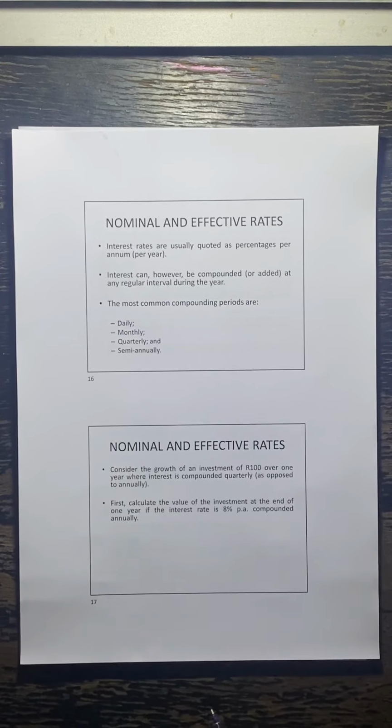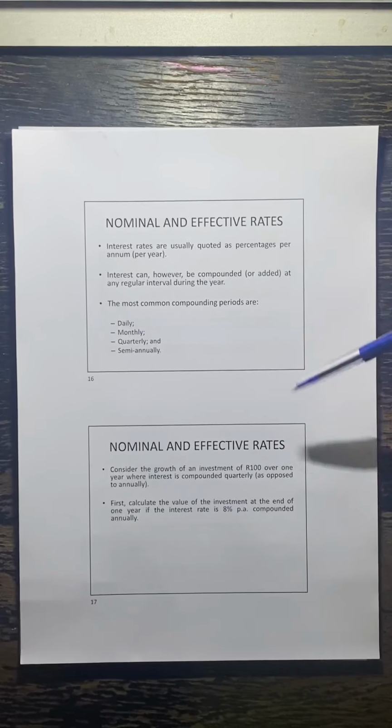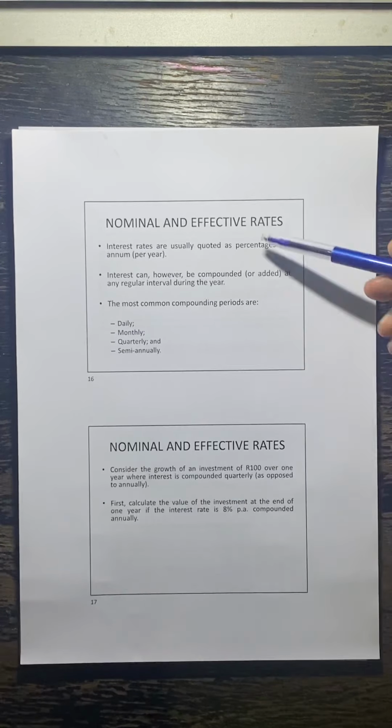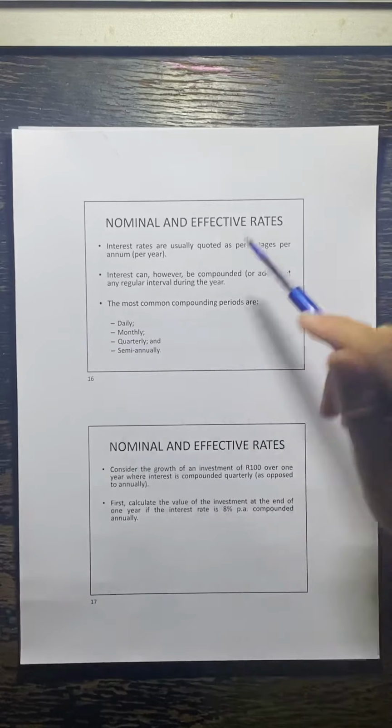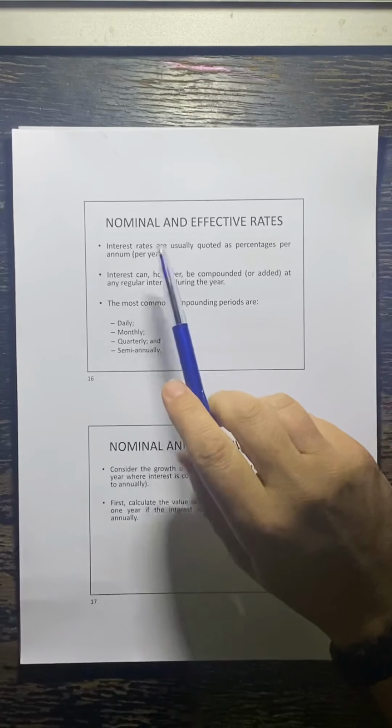Hello, grade 11s. We are now going on to nominal and effective rates. What I've done here is I've just printed 2 slides per paper. Okay, so you can copy all of this down into your books. Let's just read through it. It says here,